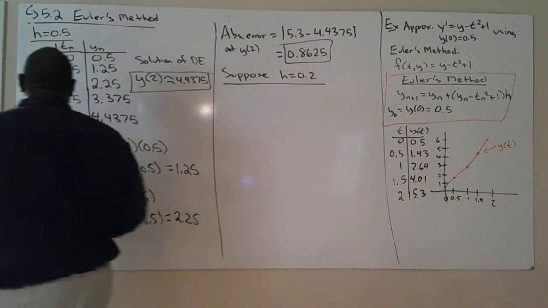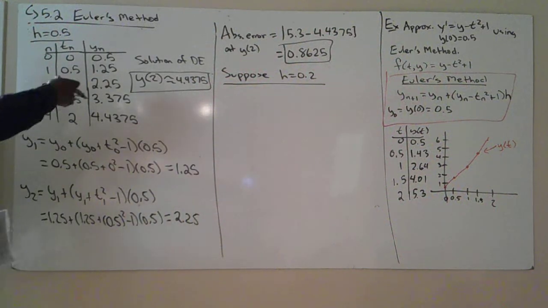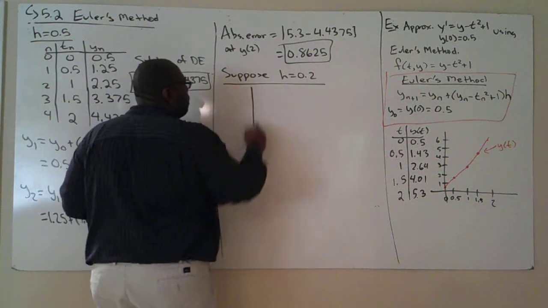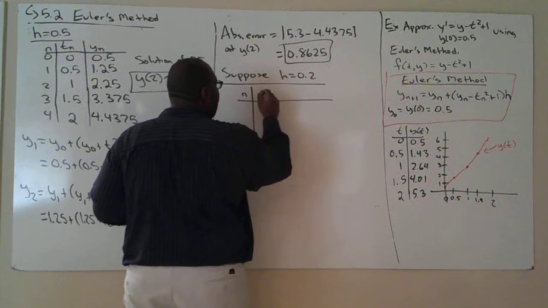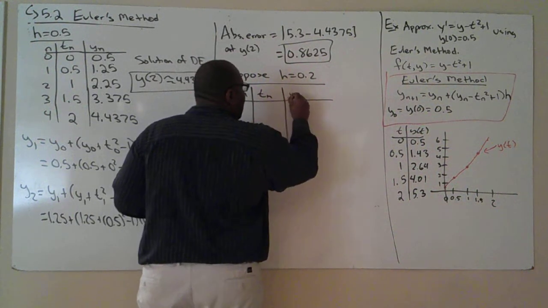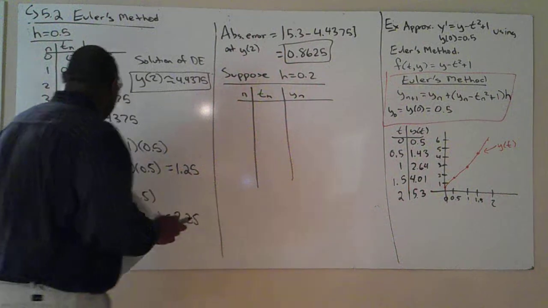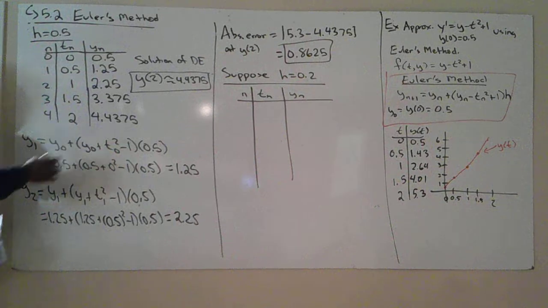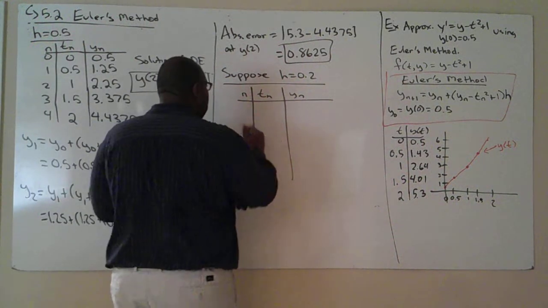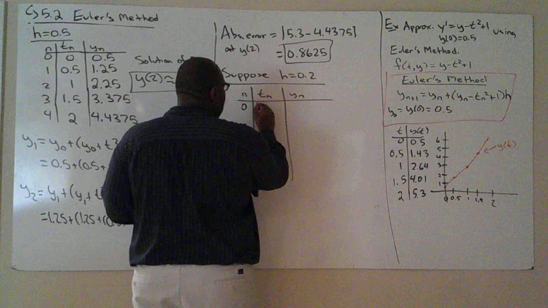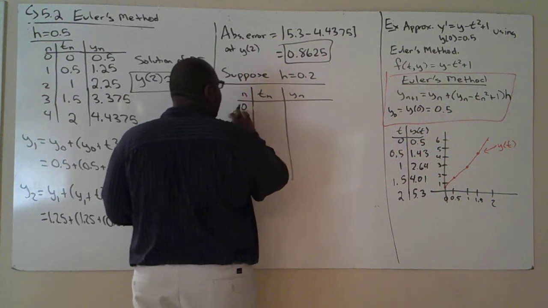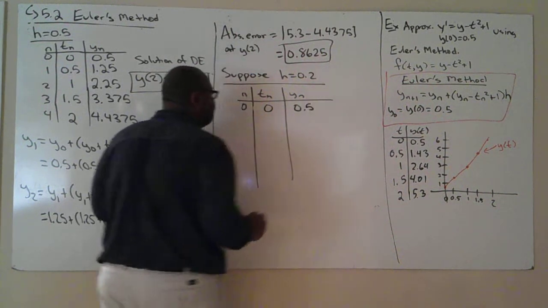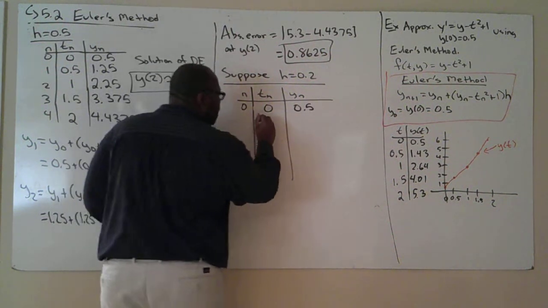So here we had before h equals 0.5. I still want to be able to approximate my solution at 2. Make a little table here. So n, t sub n, y sub n. And the work will still be the same amount of work, but instead of using h of 0.5, we'll be using h of 0.2. So when n is equal to 0, t sub n is 0, and y sub n is 0.5. And I want to use 0.2, so I have 0.2,